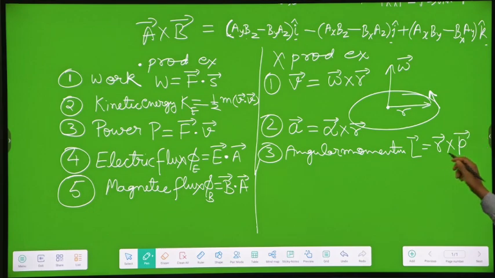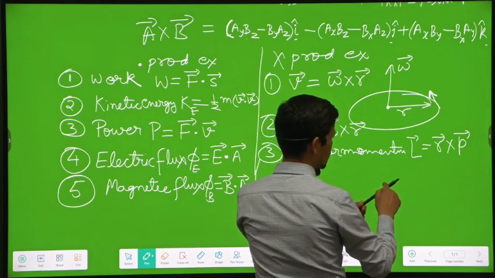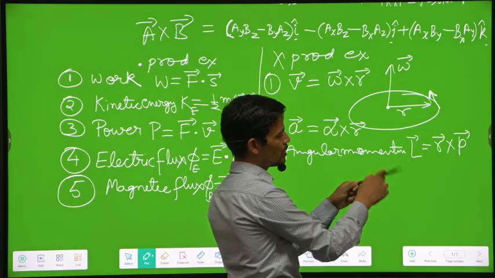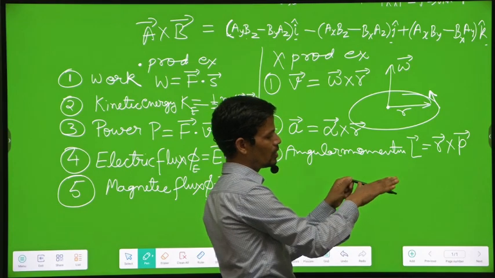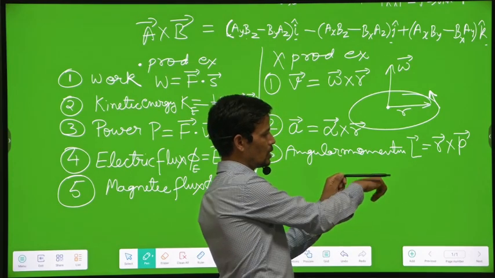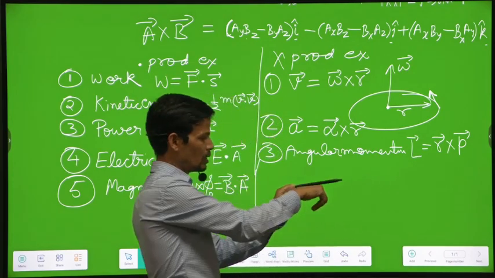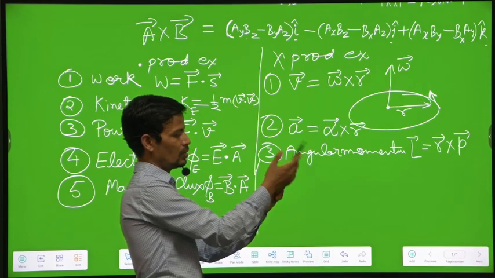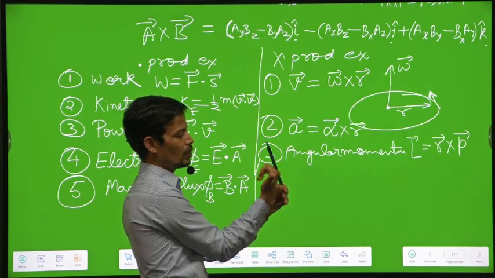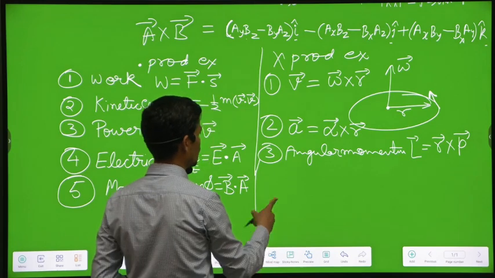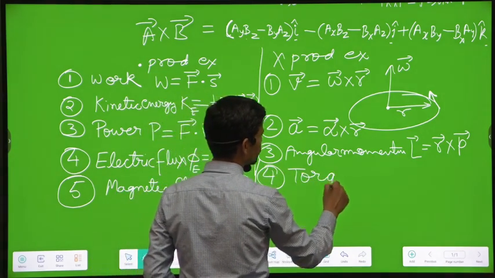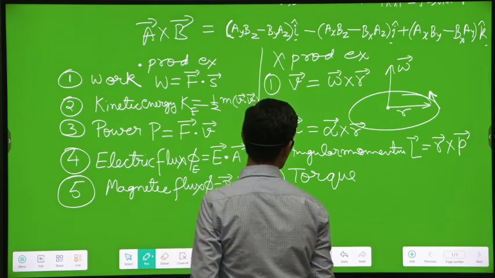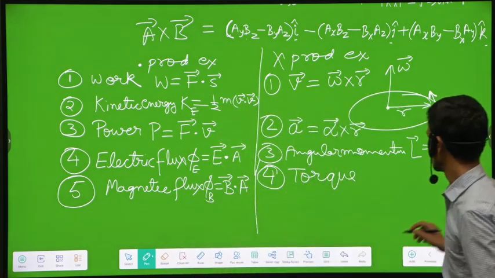Linear momentum, r cross p. So if it is rotating like this, this is r, and it has momentum downward, so r cross p, it has angular momentum along this direction, and if it is going this way, then momentum that way. And fourth, torque. So torque